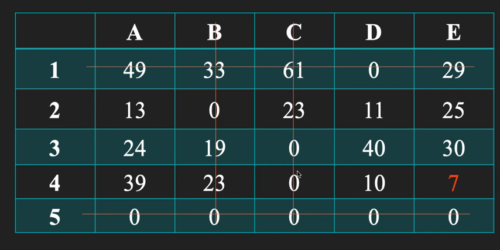So covered elements will not change, but the uncovered elements are here, 1, 2, 3, 4, 5 and 6. We are going to deduct this element from all these uncovered elements. Now once we do it, what are we going to get here? Now see here, 49 will remain the same, right? This is an intersection here, so we are going to add 7 here. That is 33 plus 7, how much? 33 plus 7 is 40. Then we have the next one here, which is 61. 61 plus 7 is how much? It is 68, right? This 0 will remain the same, this 29 will remain the same.